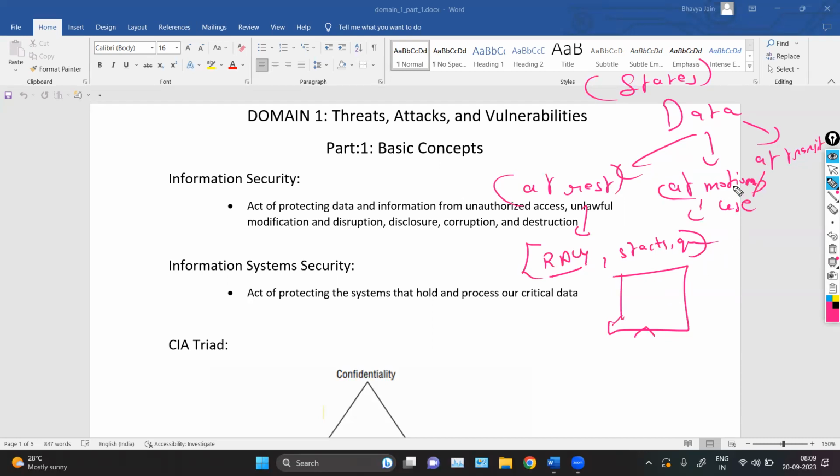So whenever we are using the data in a particular system, it should be in a protected state. Then in transit, which is in transmission, is when we are transmitting data from one place to another. Let's say you are transmitting data from user A to user B. Whenever we are transmitting data over the cables or over the internet, that should be secure. So remember, whenever we are talking about data security, it should be in three states: data at rest, data in use or in motion, and data in transit, which is data in transmission, when we are transferring data from one place to another.